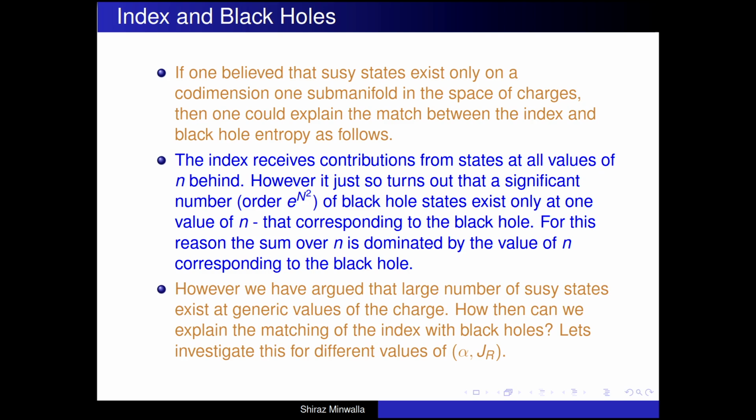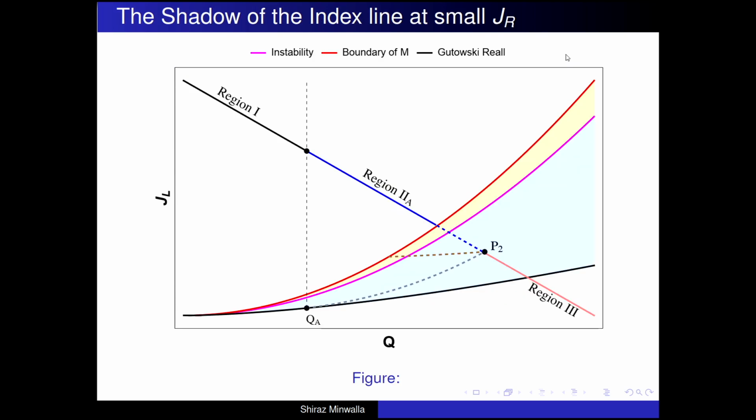Okay, just half a minute. Now I'm claiming that there are supersymmetric configurations everywhere along the line, not just on the supersymmetric black hole sheet. So now you must wonder, when should we expect these two to match? Perhaps the index will be maximized somewhere else on the line, not where it intersects the sheet.